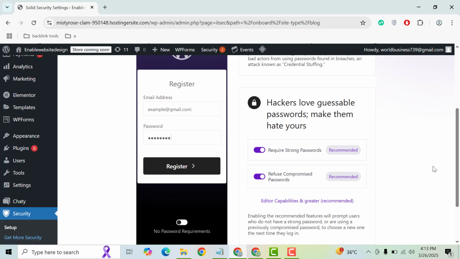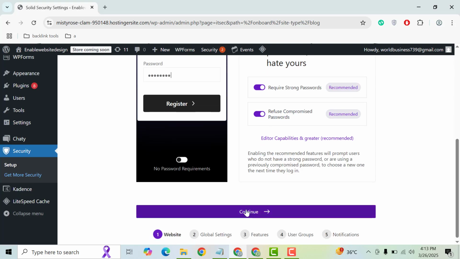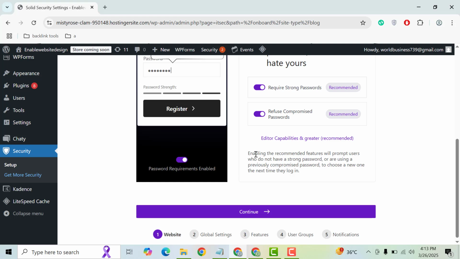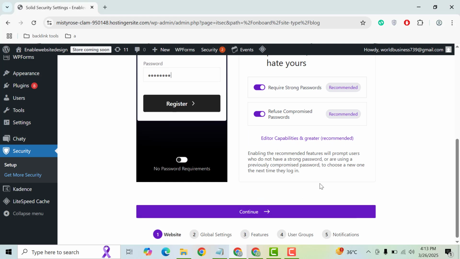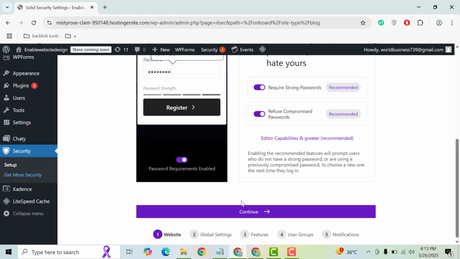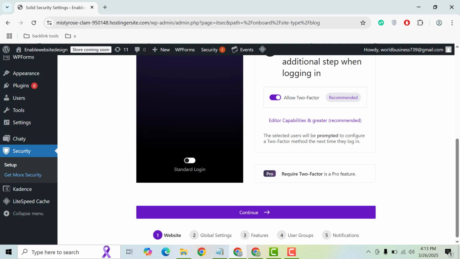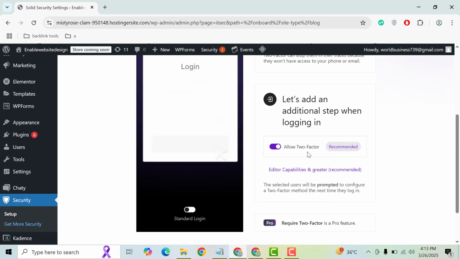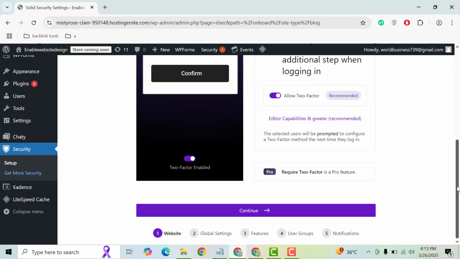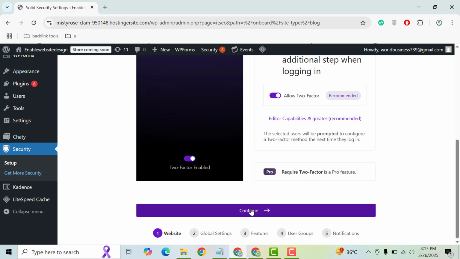and you can add a strong password so that you will use mixed characters as well as capital and small alphabets. Then again click here continue button, and you can enable two-factor authentication. Then again click here continue,